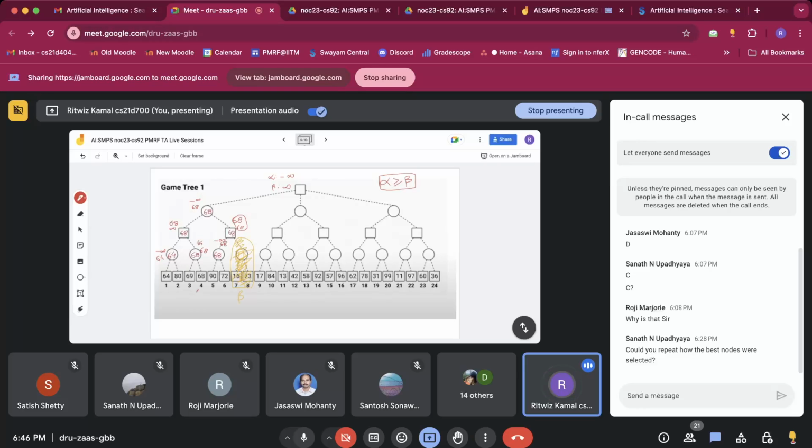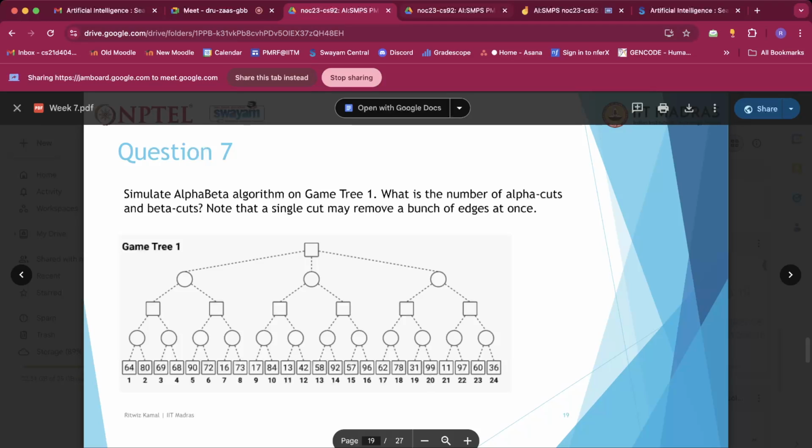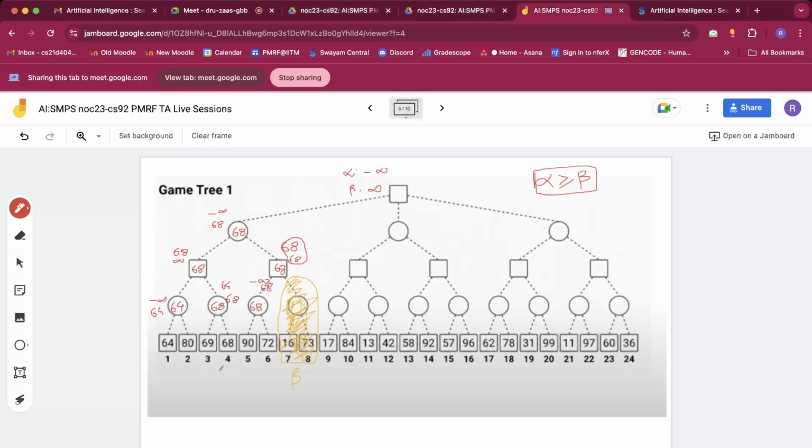Okay, then that's great. Let's continue solving it then. So this will then pass on a value of 68 to its parent, which is this max node. Okay, and this will then compare it with the alpha value that it currently has, which is minus infinity, which is less than 68. So it will update its alpha value from minus infinity to 68,